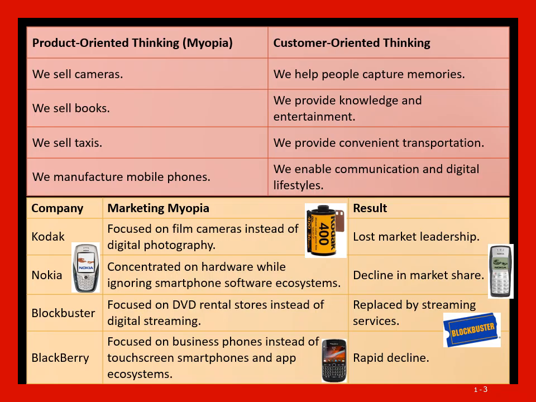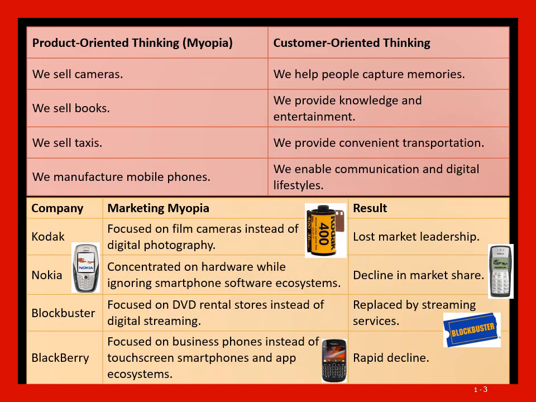Again, let's talk about a transportation solution, like we sell taxis. This could be related with customer oriented thinking, like we provide convenient transportation. Let's talk about one more example. Fourth example, we manufacture mobile phones. If we relate this with customer oriented thinking, as a marketer we can say we enable communication and digital lifestyles. So these are the four examples that we discussed, and how we can relate product oriented thinking